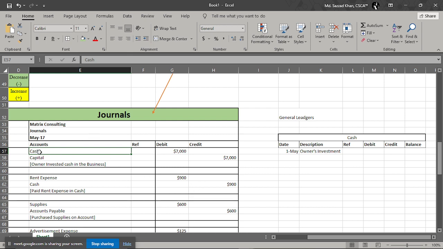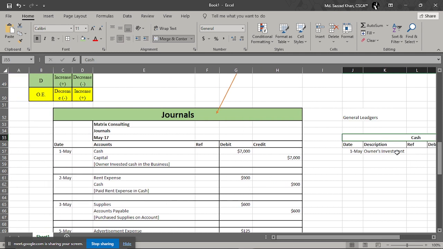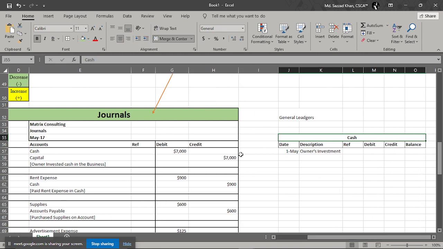Suppose in the journals we saw cash. So we first construct the table for the cash account. As you can see here, cash account. Under the cash account, every transaction that took place for the cash account, we will insert all that information here. So you can see May 1, there's a cash account going up or down, doesn't matter. In May 2, also you see cash. So in May 1, what happened to the cash? So we write May 1, then the owner invested in the business. We don't have a reference, but the cash was debited, right? So we write it down in the debit line,